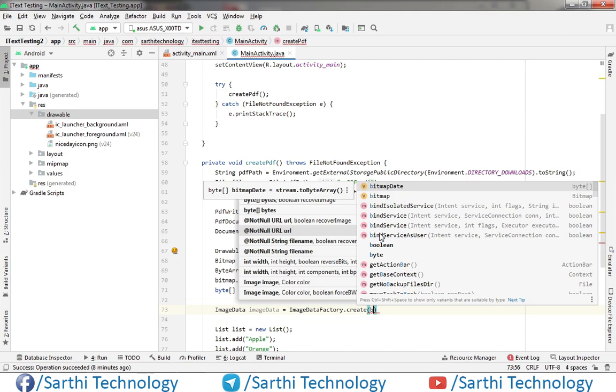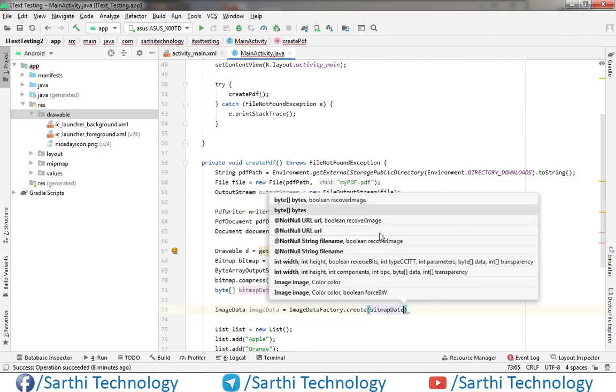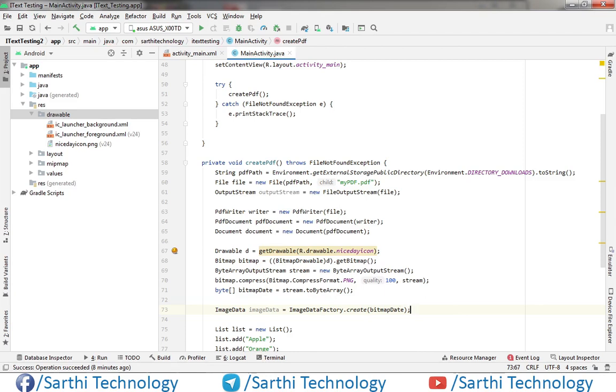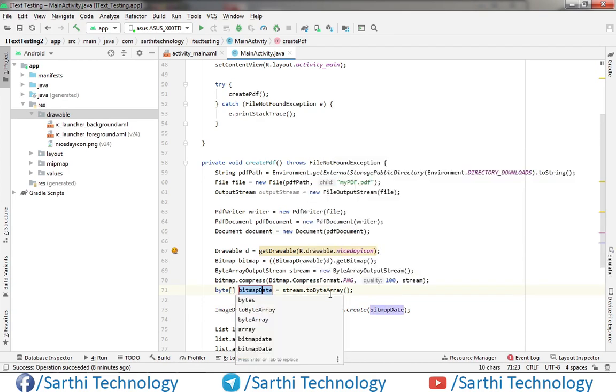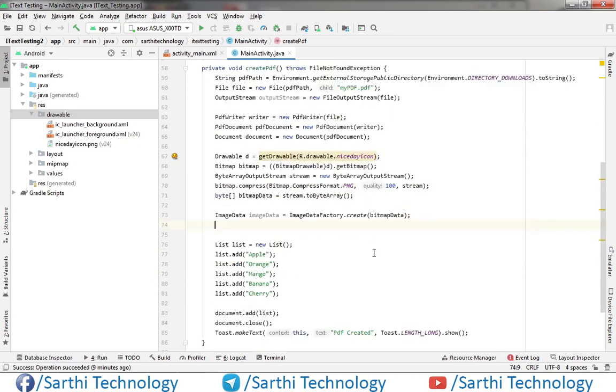Okay, bitmap data. So actually this should be a different name, so what we can do, press Shift F6 and we can just change it to bitmap data.